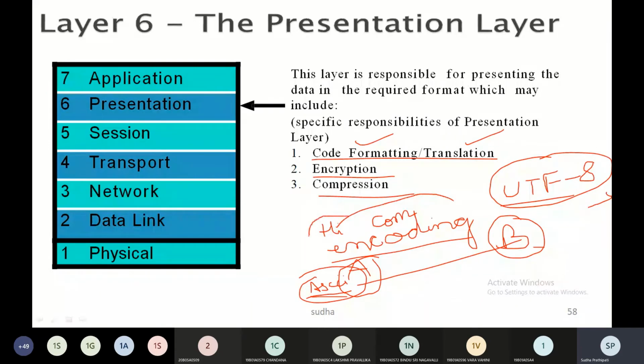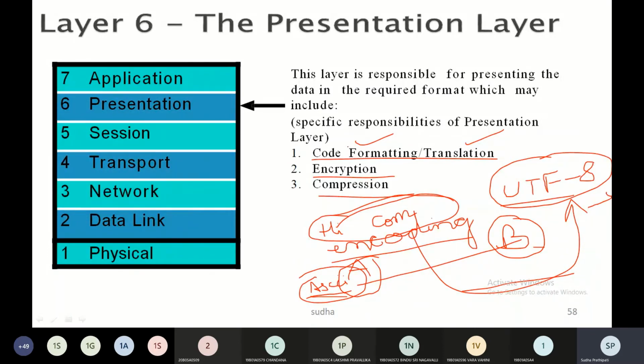So the message is converted into UTF and transmitted, and on the receiving side it receives the Unicode UTF-8, then converts it into its internal conversion format, and it is given to the user. So during transmission it needs a common encoding scheme. That is what is called translation. Translation is nothing but converting the character strings and numbers and so on into a format. The information must be exchanged in bit streams during the transmission.